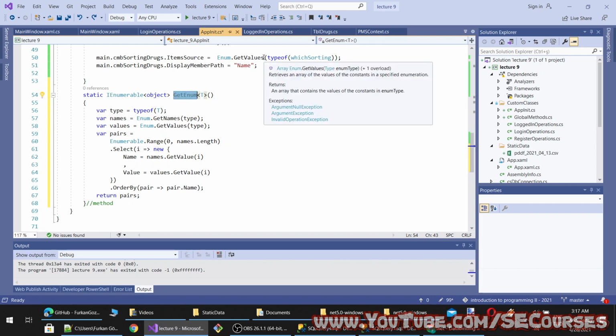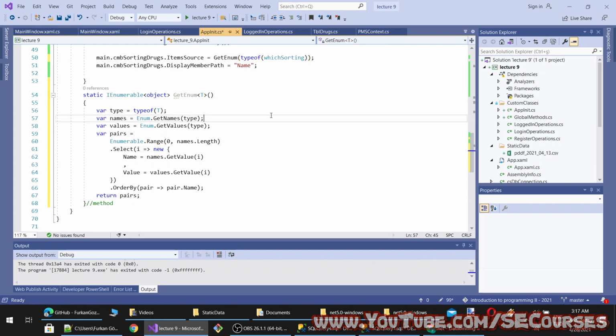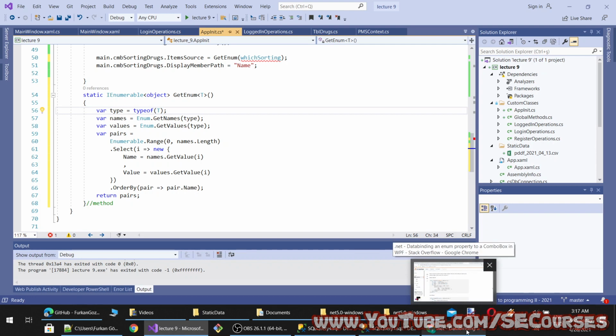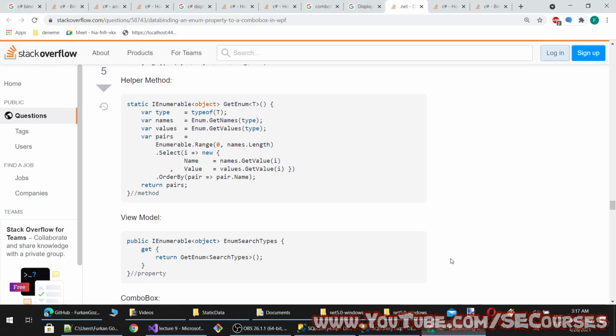Maybe like this, and it is supposed to take this. typeof(T). GetEnum SearchTypes.